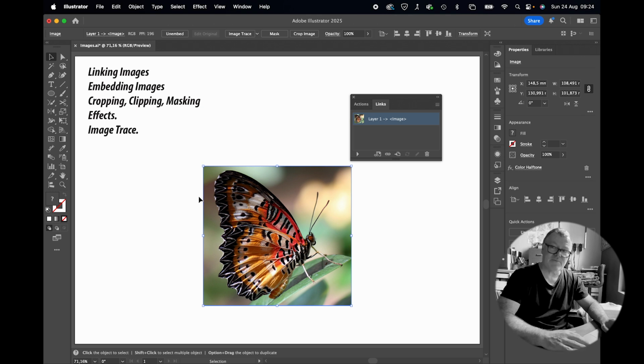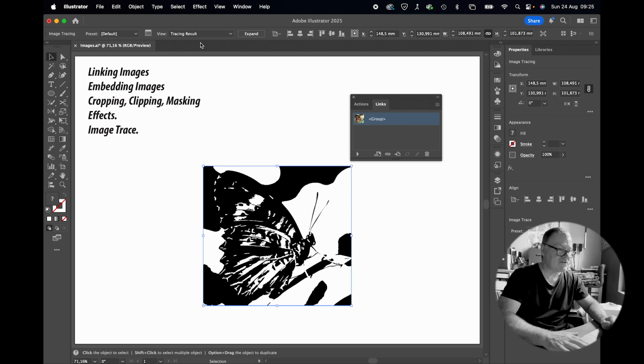And then finally, image trace. I have covered this in another video, but I want to cover it here as well. So image trace is a way of tracing photos or drawings. It's probably better at working with high contrast photos, but on a case-by-case basis, you'll get a good result or a not so good result. So in this case, let's say I wanted to turn this into a little icon for my website. So if I take it and I say image trace, and then I'm going to go to,